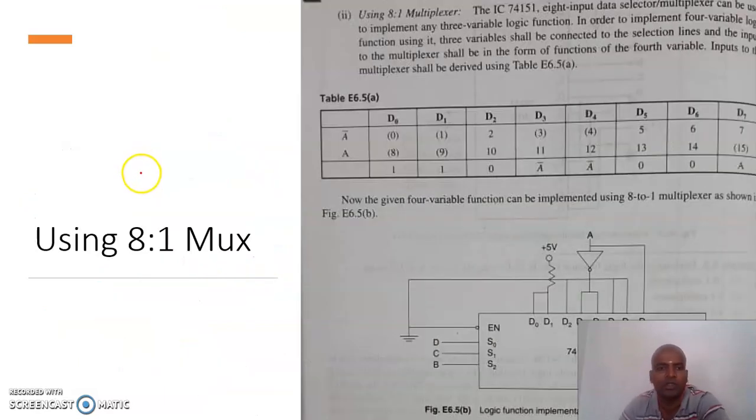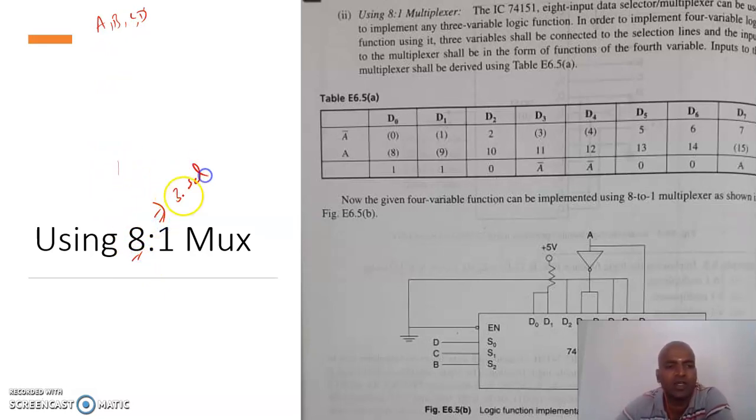Okay. So see, this is an 8x1 mux, but our given values are 4 variables. It is having A, B, C, D. So 16 possible combinations are given, but here our required design is an 8x1 mux. For this 8x1 mux, 3 selection lines are needed. So I'm going to consider the given inputs B, C, D as selection lines and A as an input.